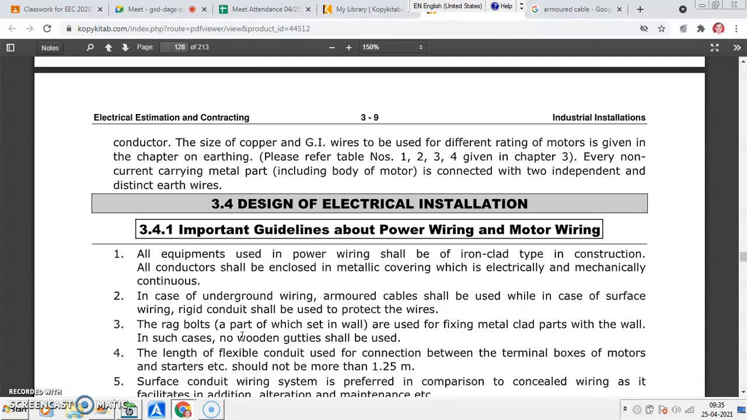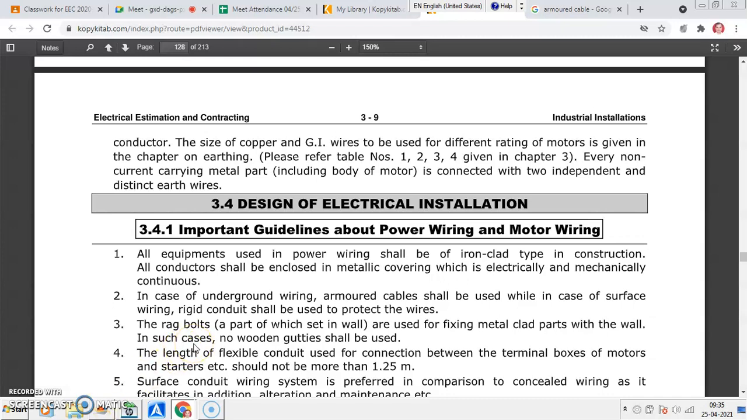Then you have to use the rag bolts, a part of set in wall, that is, bracket type, used for fixing the metal clad parts with the wall. In such cases, no wooden gutties, which we use in residential or commercial wiring, or plastic putties, are used. Especially brackets are used. All mounted fixed brackets are used for rigid fixing of